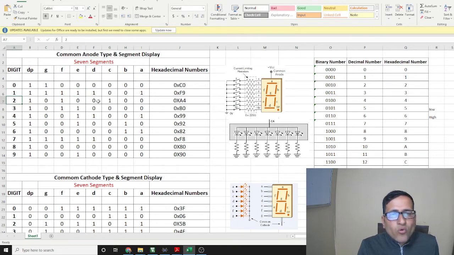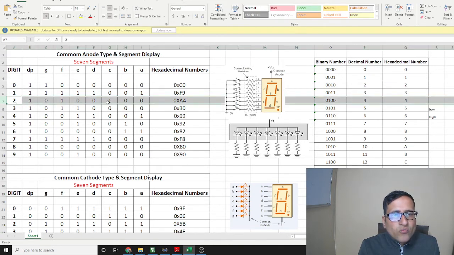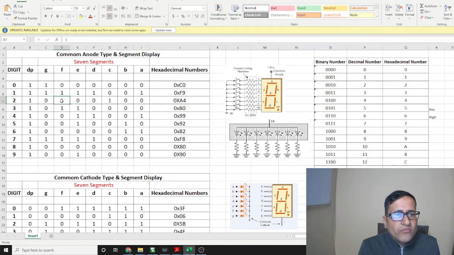Likewise for 2 we have to glow A, B, G, E and D. In this digit 2 we can see that these values are 0, and only F and C are high. In this way we can set all these values accordingly.